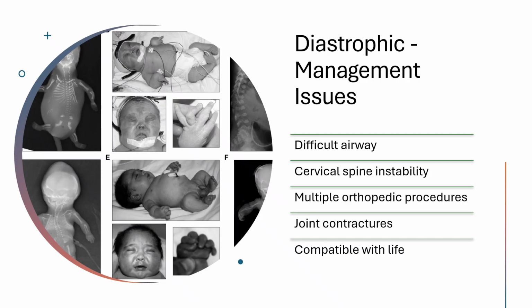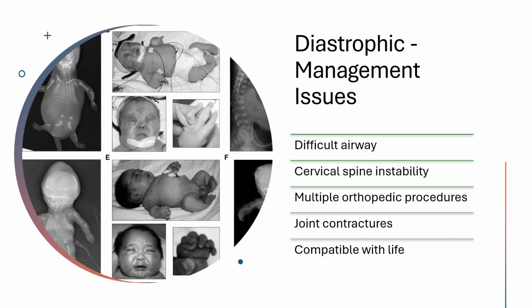The cervical spine instability creates an ongoing safety concern because the same connective tissue abnormalities that affect other joints also compromise the stability of the neck vertebrae. Think of this as having a structural weakness in one of the most critical joints in the body, the connection between the skull and spine. This instability means that even routine activities like positioning for procedures or playing normal childhood games can potentially create dangerous